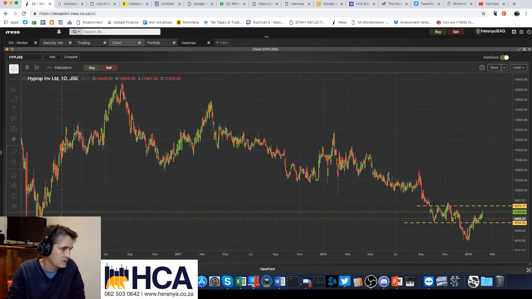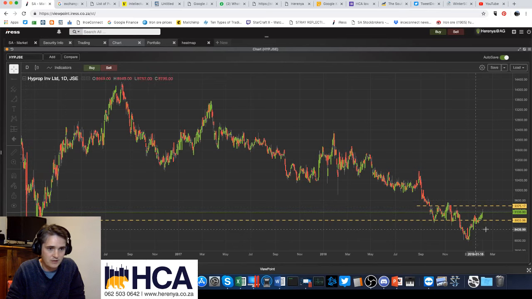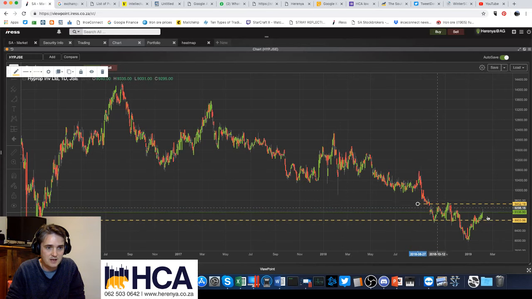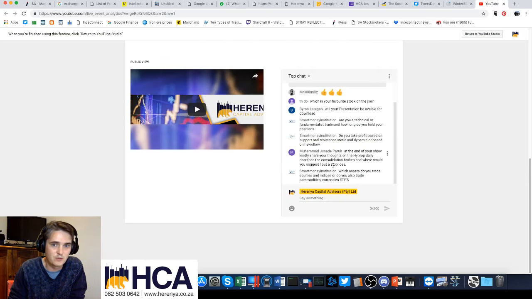Here we can see was another level. We can even extend this all the way to there. So this has been a support level here. So I'd say my bias would be to the short side. If it finds a bit of resistance up here, I might want to be short this thing just because of the trend. But if we do manage to take out these highs, I might consider getting long. That would be my view on that. I don't know if that is helpful to you at all. Let's have a look at some more comments.